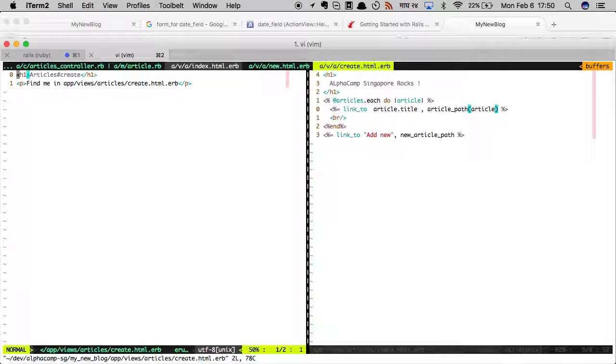Is it necessary to show some information that the data is created? Maybe, right? I'll just say maybe. So what I can do is